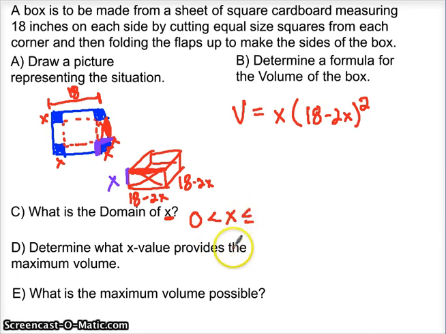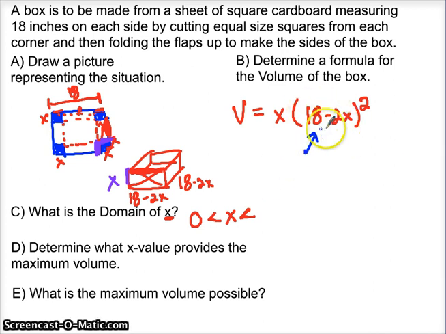Now what's the largest? Again, along those same lines, what's the biggest thing I could cut out of the corner of my box? Some might say 18, because that's the length of the side of the box, but remember that you're cutting 2 parts out of there. And so if this one gets a little bit bigger and this one gets a little bit bigger, somewhere in the middle we're going to meet for the largest possible spot to cut out. Or if we think about it,